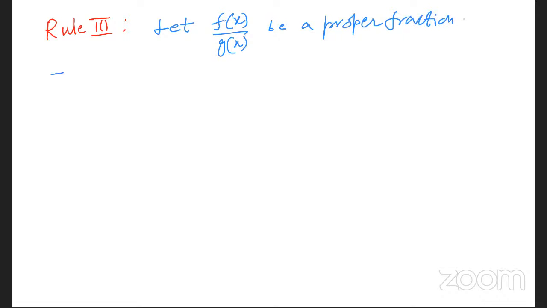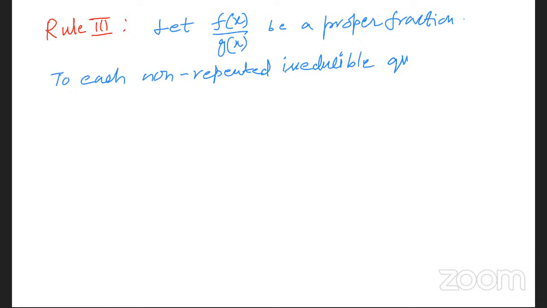To each non-repeated irreducible quadratic factor ax² + bx + c, a not equal to 0, of g(x),